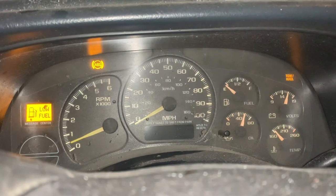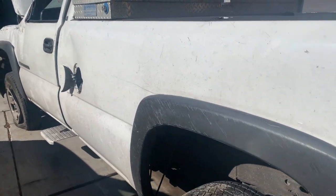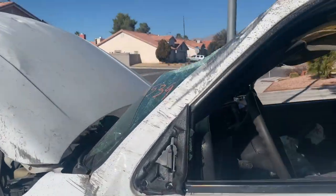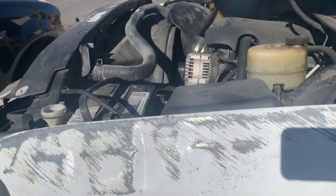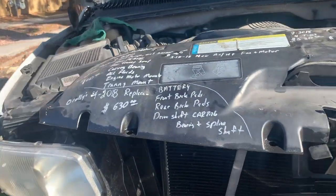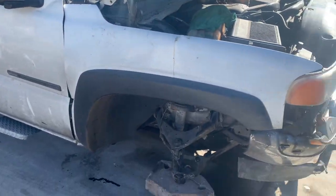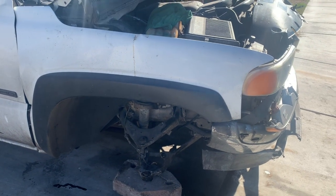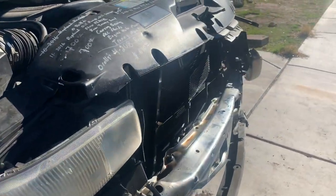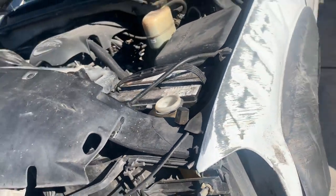Hell yeah. So since it's daylight outside, we could take a better look at this truck. For starters, every single body panel on this thing is dented or scratched in some way or fashion. It was involved in a rollover, and the story behind this truck is that it used to be used for fleet services, and then my coworker had bought it. His boy was driving it and ended up rolling it on the freeway. So my coworker pretty much said, just pay the towing fee and you can pretty much take the truck as long as you get out of the scrapyard. So I was like, cool. So I went ahead and did that, picked up the truck for around $300,